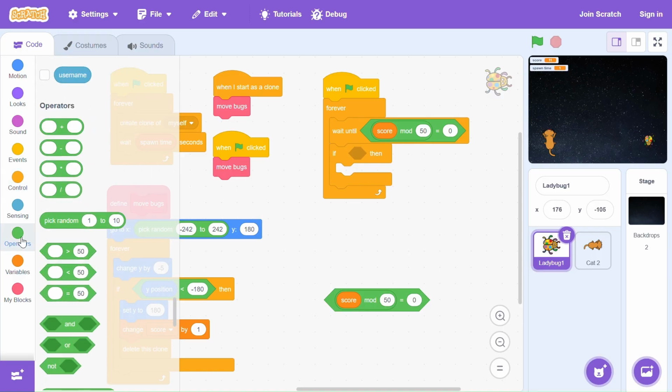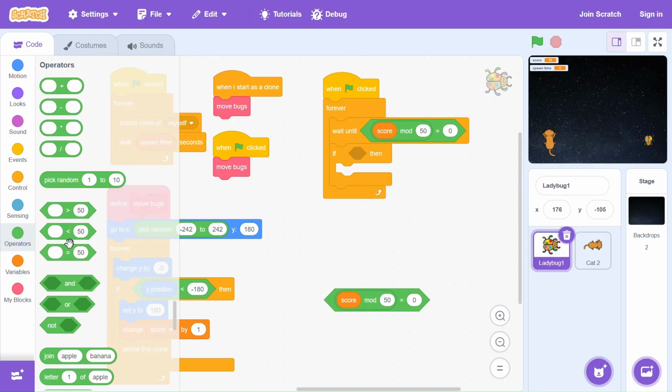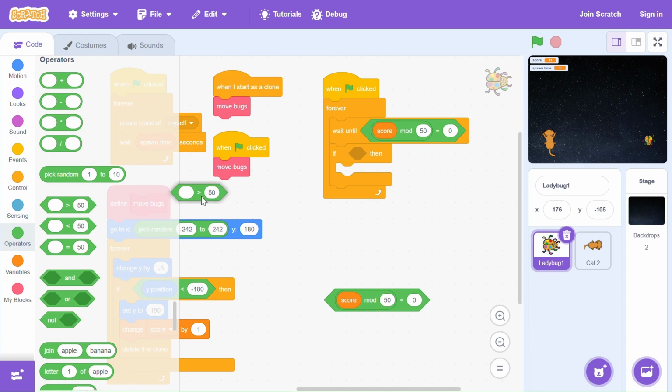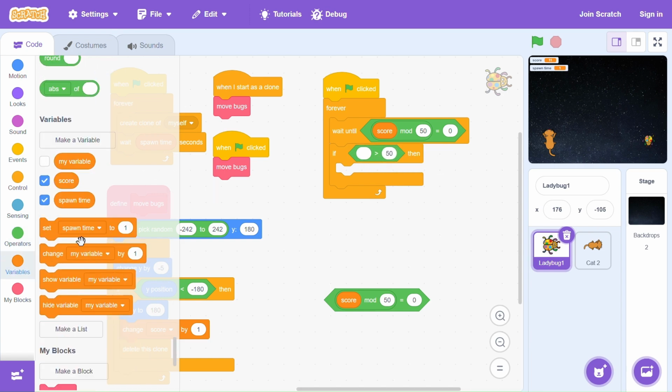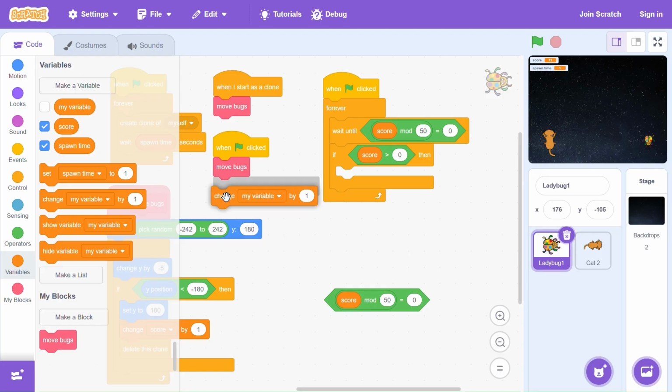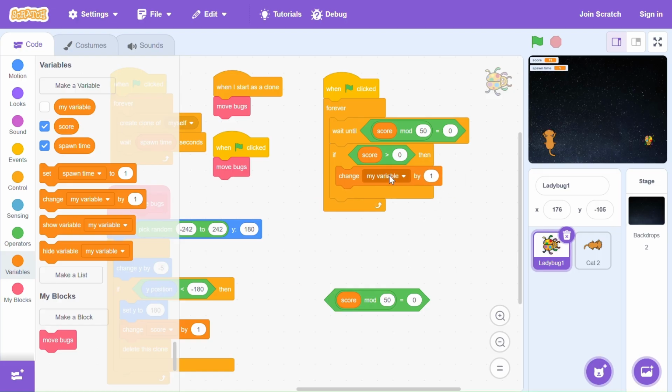We are going to go to operator and drag the greater than operator. And what do we want? We want to compare score. We are going to take score and say if score greater than 0, then we want to change span time by -1. Let's go to change my variable by 1, and let's change it to span time, and I'm going to say